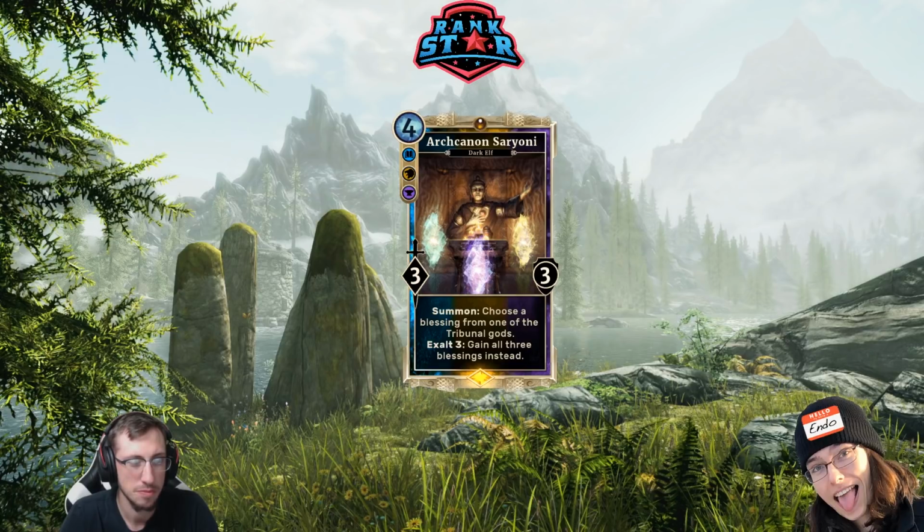So the blessings you have to choose from, or more commonly to Exalt and get all of, are give all your other creatures +1/+1, summon a Spider Worker, which is a 0/1 with summon, draw a card, or give a friendly creature, not Archcannon, Drain and Guard. So this is a staple in various shells of Tribunal control decks, the Telesis Conscription list,